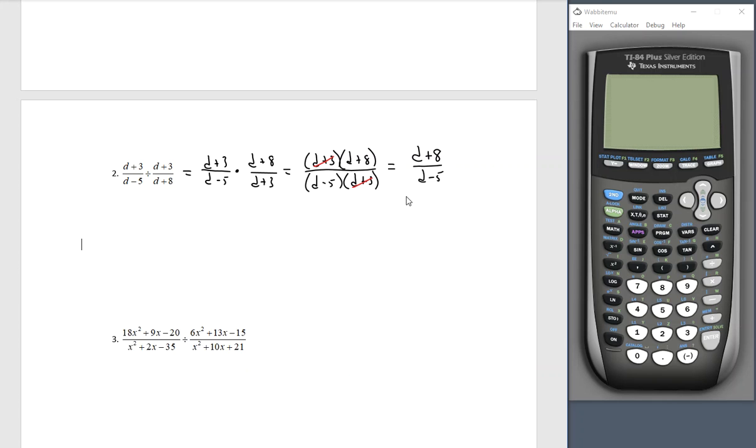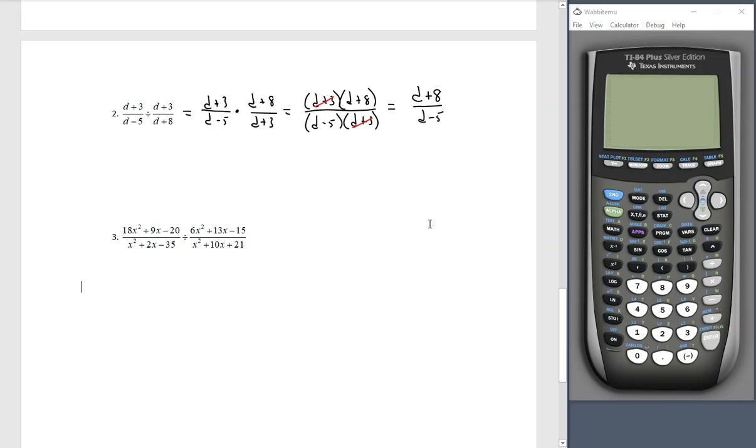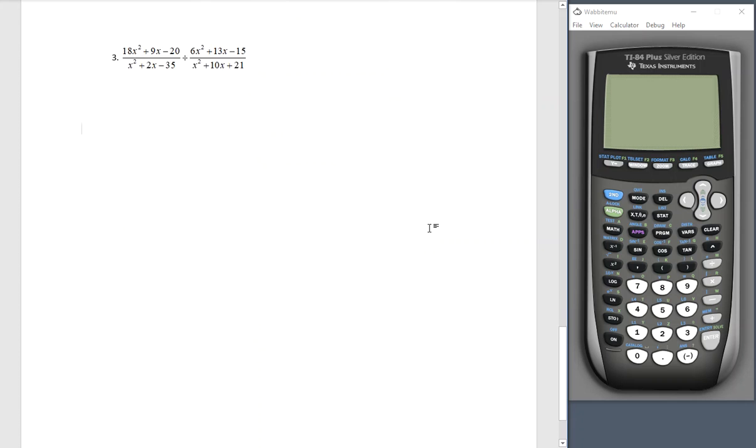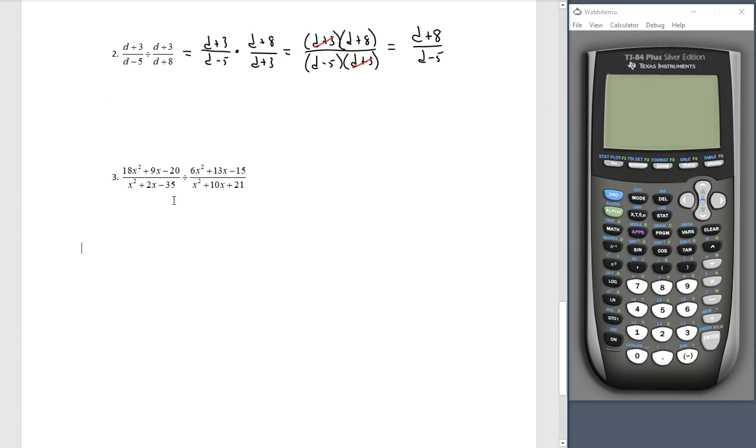That took less space than I expected. So I'm going to move this one up a little bit because I have a feeling we're going to need some room. Oh, this is our last problem. Good, we have plenty of room. Okay,